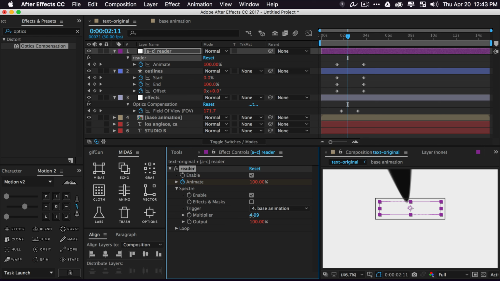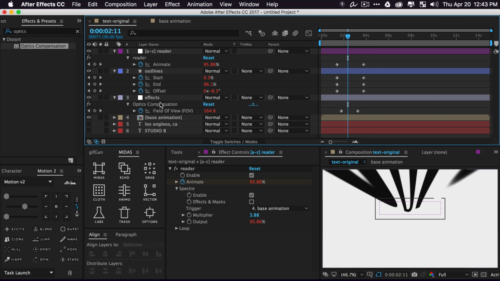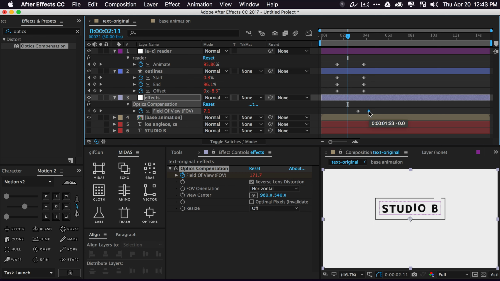It doesn't even have to be perfect. It can also be over. It doesn't matter. We're going to go to 3.8 in this example. And so I actually need to switch these optic compensation keyframes. I'm just going to move this back because when we have the text in here, we don't want to be